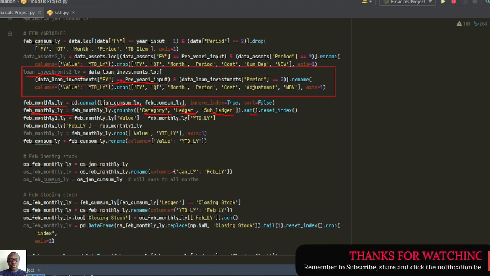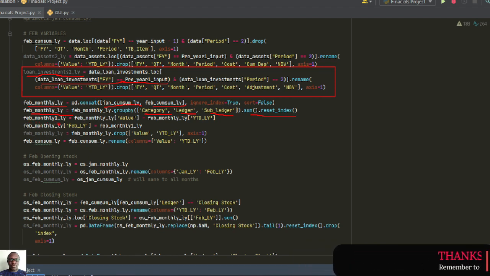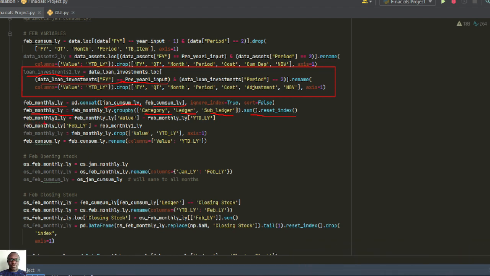Then again we are resetting the index. Then Feb_monthly_1_ly is equal to Feb_monthly_1_ly in bracket value minus Feb_monthly_ly